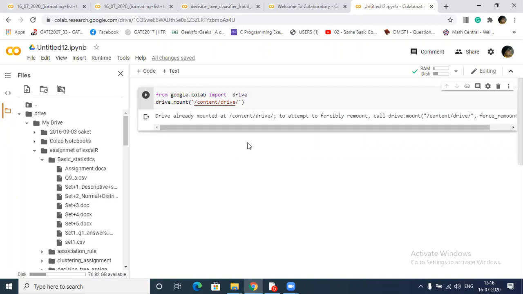But for those who have not connected, one blue color link will be given, and one box will be given to you. When you click on that blue link, it will ask you to choose your Google account, like Gmail. Once you choose your Google account,